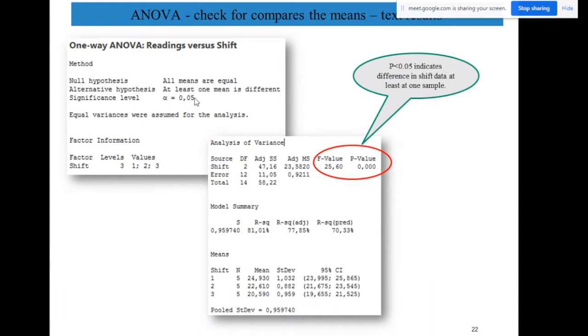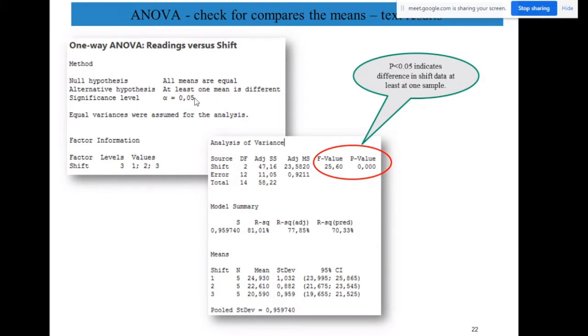When we do hypothesis testing, we cannot be 100% sure. Why? Because we are not checking the entire population. We take samples from the population, do the analysis, and based on the analysis we draw the conclusion. This is called inferential statistics, and hypothesis testing is based on inferential statistics.